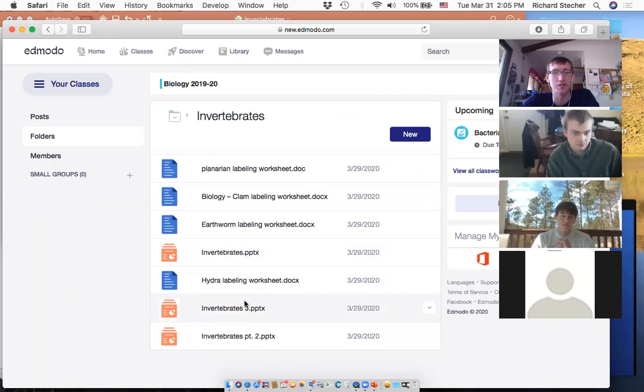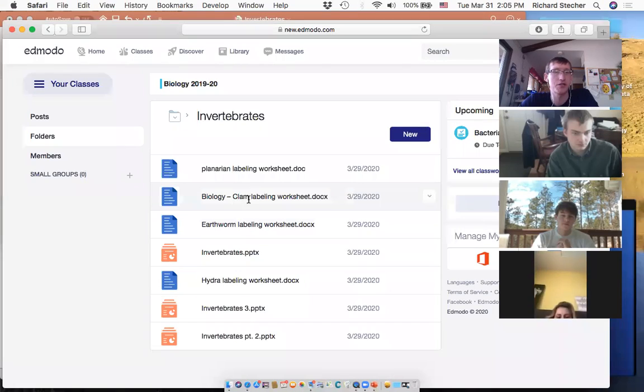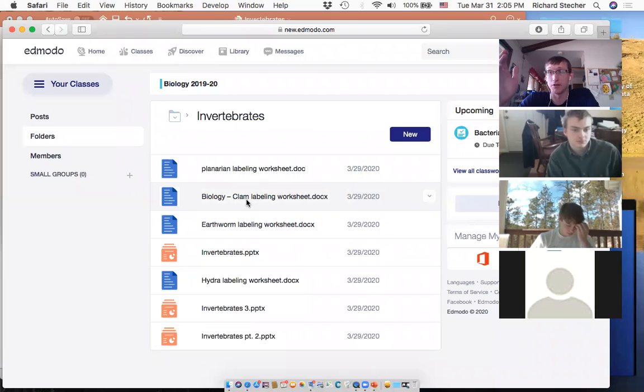Real straightforward stuff. There's labeling worksheets that are straight out of the PowerPoint. You can do those whenever you want, okay? I'll tell you when they come up in a lecture, but if you want to do them all tonight and be done with the chapter, be my guest. If you want to do them as they show up in the notes, by all means, please do so. If you want to show them to me or send me a picture on Edmodo, I'll give you points for them. I really don't care too much about it.